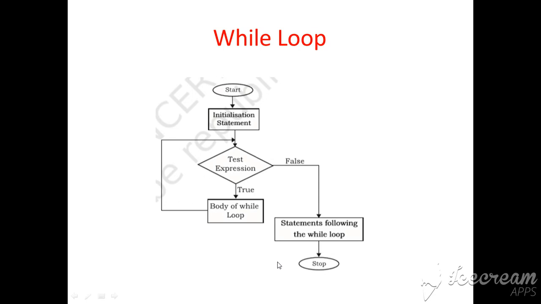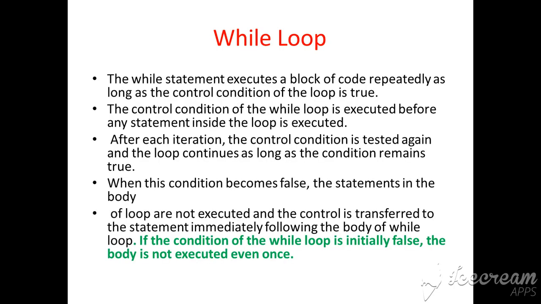First we need to check one condition. Based on that condition only, we find how many times the while loop is executed. If the condition is true, then the body of the while loop is executed, then it goes back to test the condition. So this is the loop. If the test expression is evaluated false, then the loop is exited, and the statement following the while loop is executed. Finally, stop.